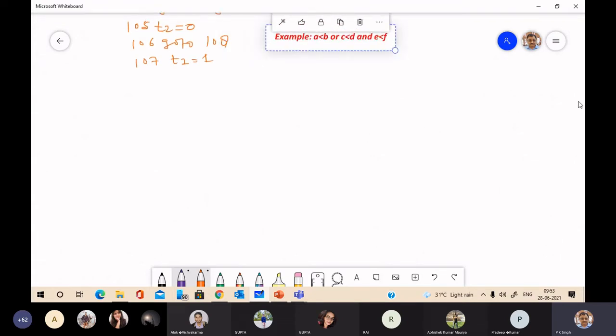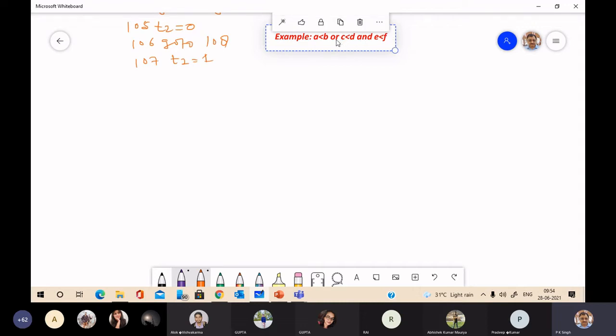This is the example string: A is less than B, or C is less than D, or E is less than F.